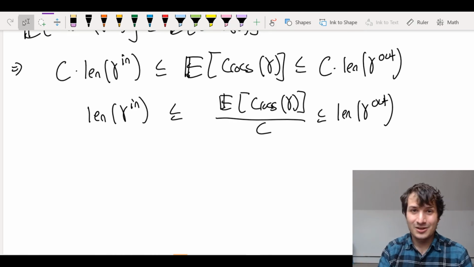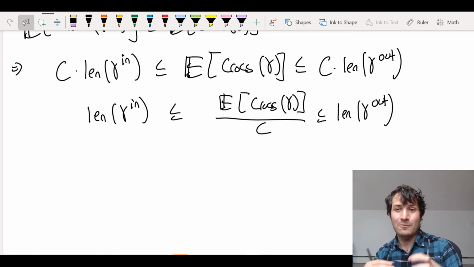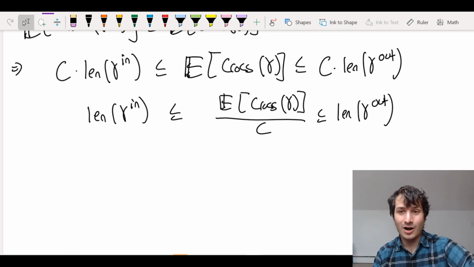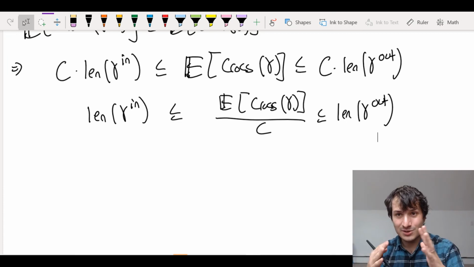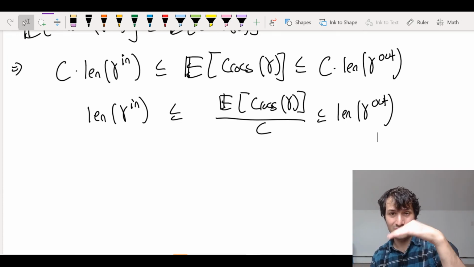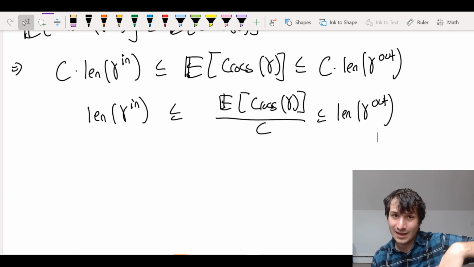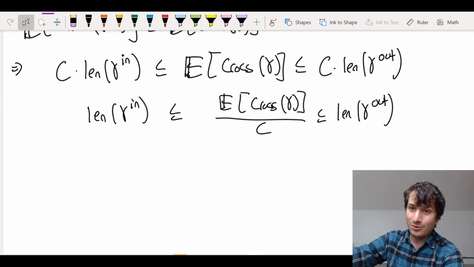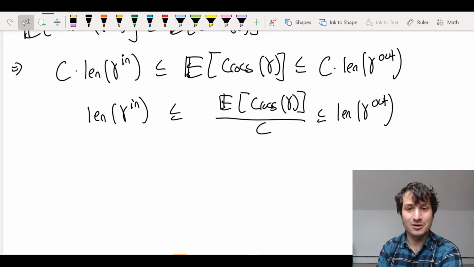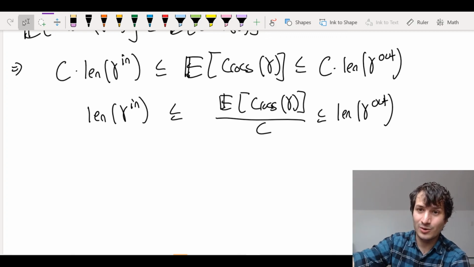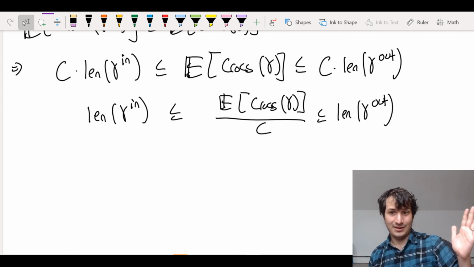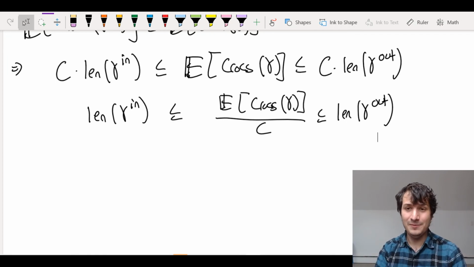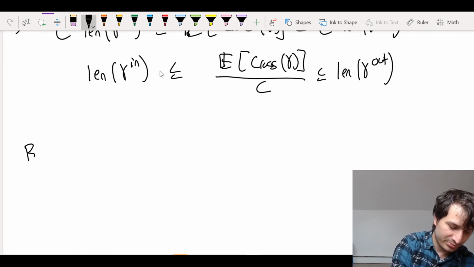Now gamma in and gamma out were any curves on the inside and outside of gamma. So by taking a limit, by doing the squeeze theorem, we can let gamma in get closer and closer to gamma. The length of gamma in will approach the length of gamma. Similarly, the length of gamma out will approach the length of gamma from the other side. So the length of gamma out is going down to the length of gamma, and the length of gamma in is going up to the length of gamma. And so by the squeeze theorem,